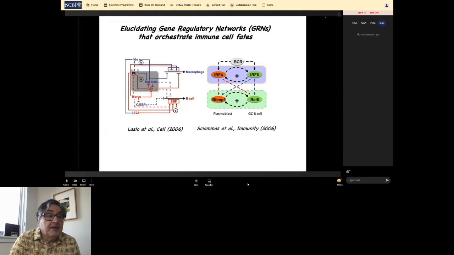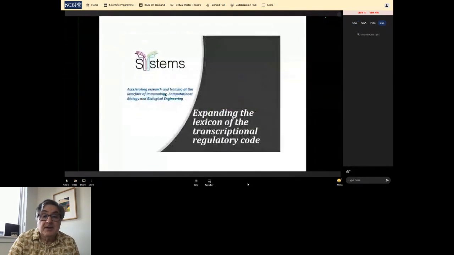And this is where I think the advances that are now being made vis-a-vis artificial intelligence and the ability to recognize very, very complex patterns and circuits positions this arena in a very exciting period. So I want to spend the rest of my talk really elaborating on one of the major problems